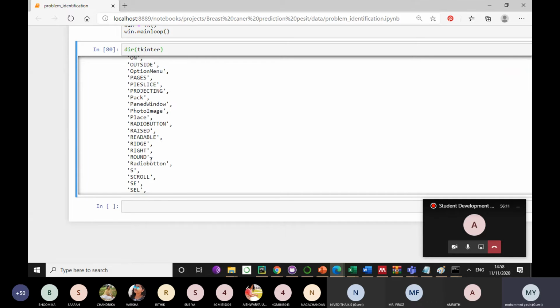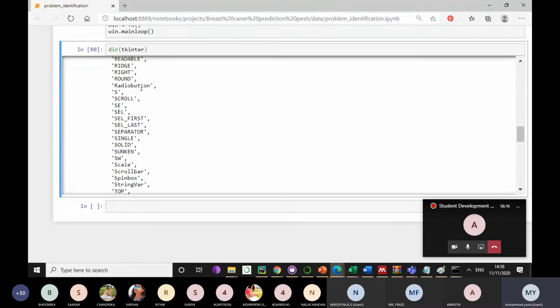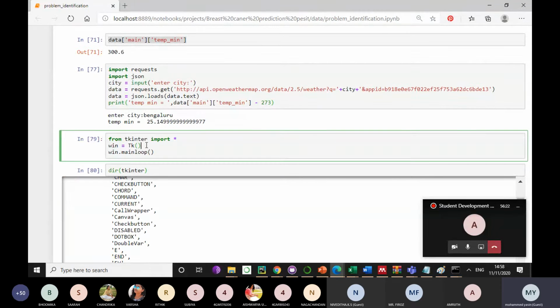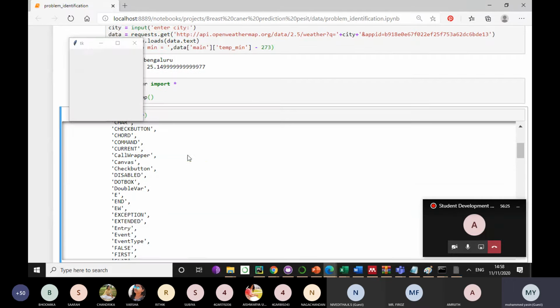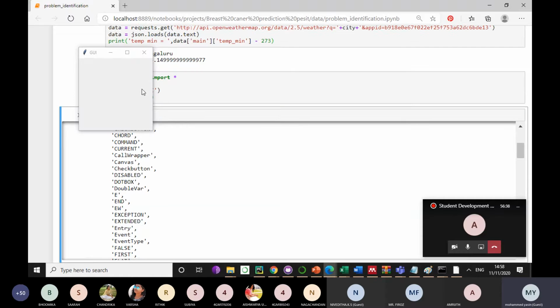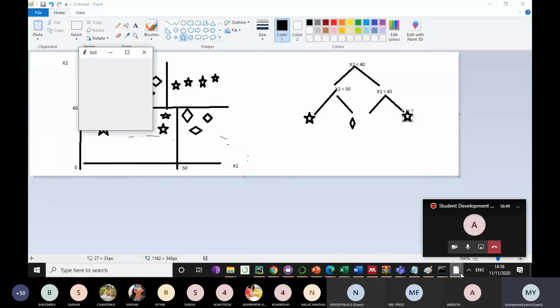Basically, like how you do HTML, similarly, if you want a scroll bar or a radio button, you'll be using tags over there. Here it is just an attribute. Just call the attribute, it will come. Right now when I run this, the name of this is TK. I don't want TK over here. I want the title to be something like GUI. If I run this, the TK is changed to GUI. Ideally it is also built on the Tkinter module only.